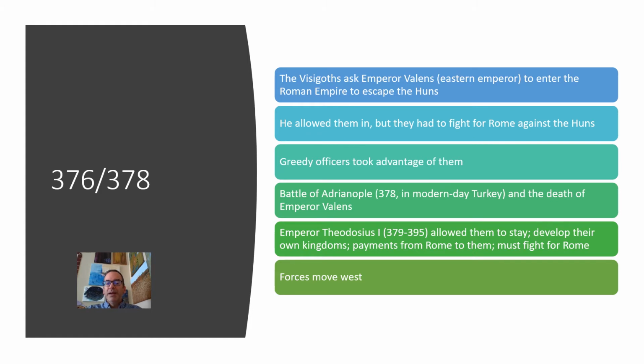of the emperor. Then, moving forward about a decade, you've got Emperor Theodosius the First, and I've given you the dates here of when he was ruling, 379 to 395. He allowed them to stay, and then they ended up developing their own kingdoms. The Romans were paying for them, again with the same conditions that they had to fight for Rome if Rome was invaded. And then what you see is this massive movement of people moving towards the west because the Huns